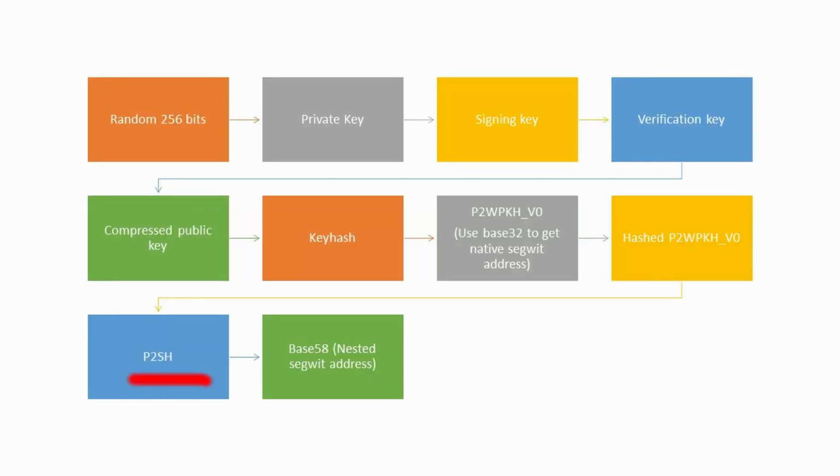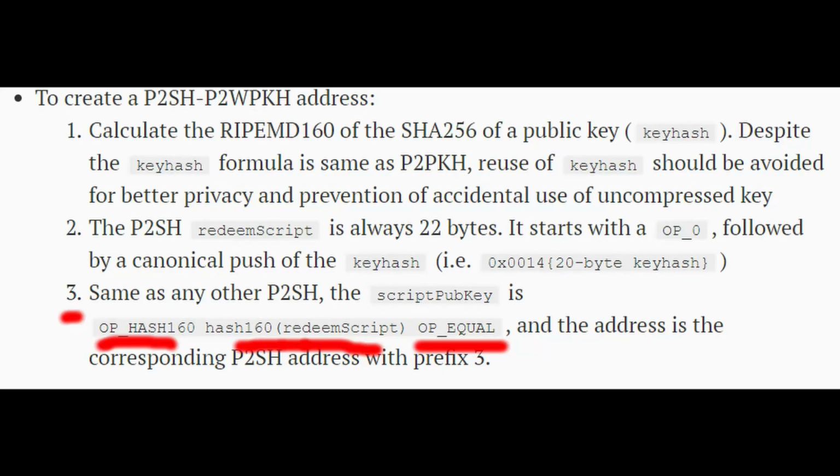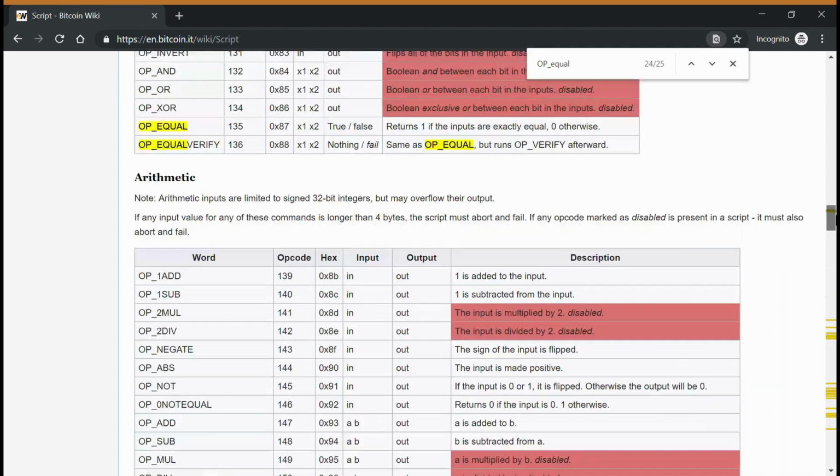Okay, so we got our script hash. Now we need to place it inside of an old-fashioned pay to script hash script. So I'm going back to the Bitcore page and I can see that I've already written how this script should look. It should start with OP_HASH160, followed by the redeem script or the script hash, and then OP_EQUAL. I'll go back to the table on the Bitcoin wiki page and I will find the proper hexadecimal codes and I will just place them into my own code. So back to my code,